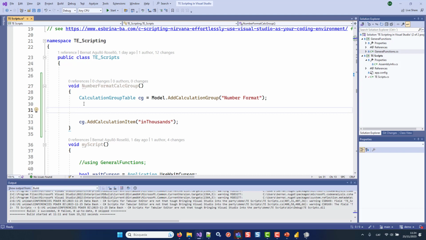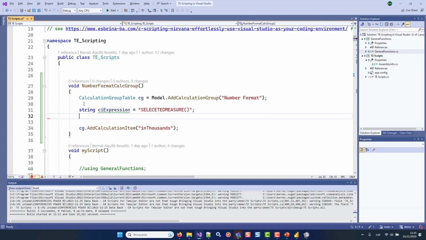So we start creating some variables to store stuff. So we have a string, which is going to be the string calculation item expression, which we saw was just selected measure. Yeah, selected measure. This is the easy one. Yeah. Now we'll type the other one: